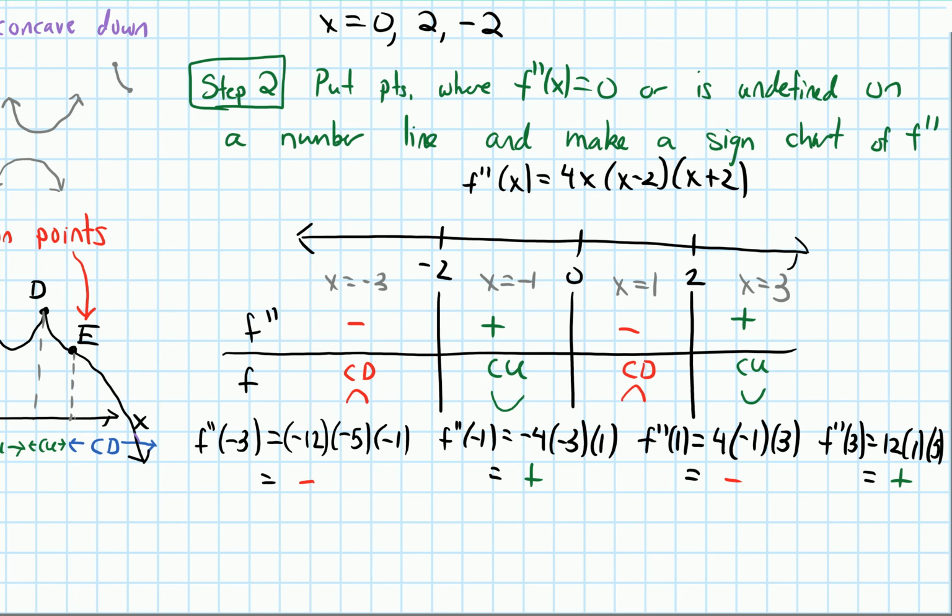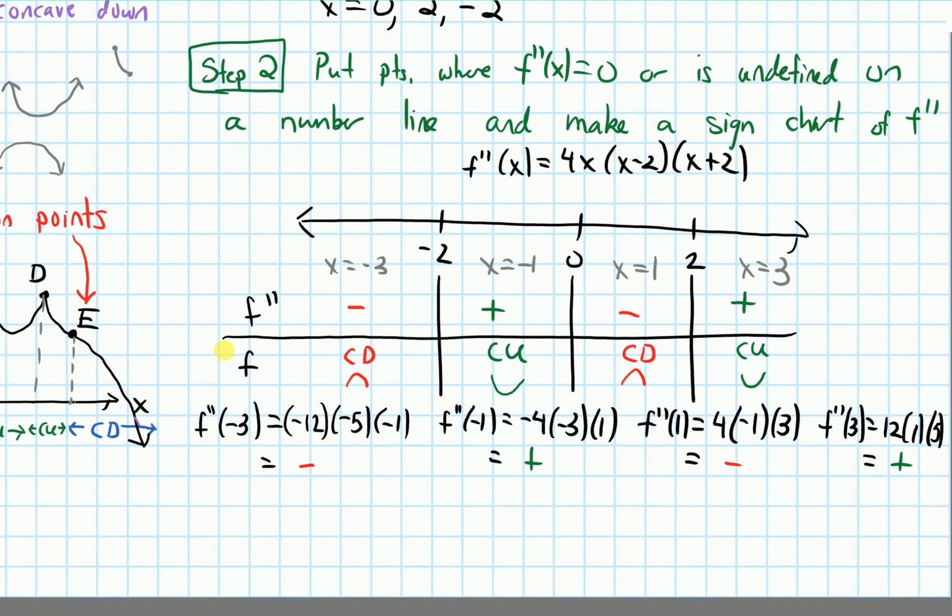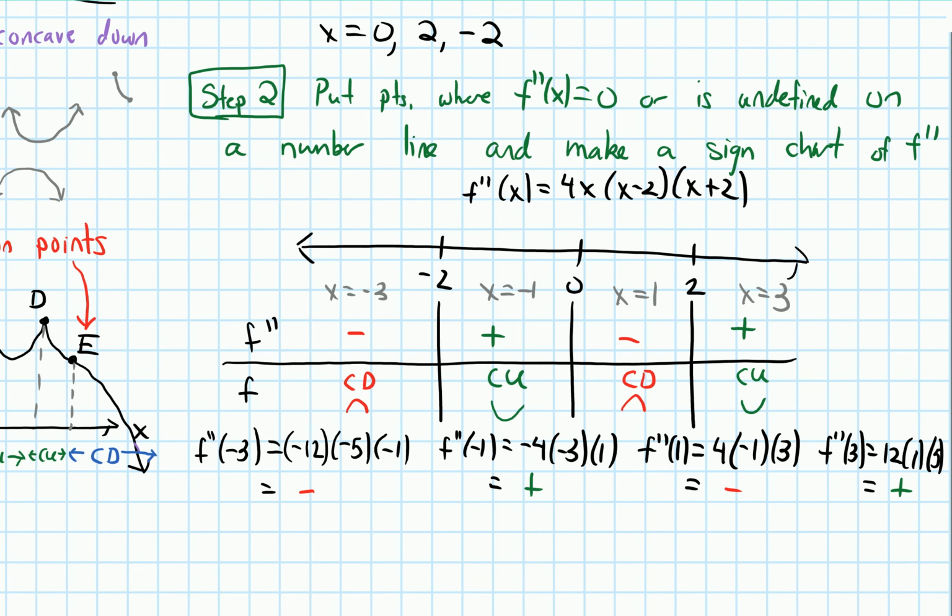And then I need to write down my answer. So what are the intervals where this is concave up? And what are the intervals where this is concave down? I'm going to write it down here, but then just transfer my answer onto the next page, because I'm running a little bit low on room here. But I want to write down my answer while I can see my sign chart, just because it's a little bit easier. So F is concave up